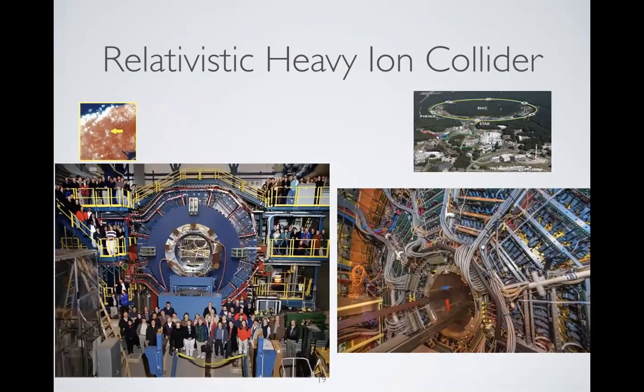So here are the pictures of the STAR and PHENIX detectors, and I don't know which is which, but they're both about the same size. They have different designs and different abilities. So, you know, one is better at certain measurements than the other. So they kind of complement each other in that way. But you can see the people there for scale, right? So that's partially disassembled. You can also see how complex they are, right? All these layers of tracking and measuring energy that's deposited and stuff like that.